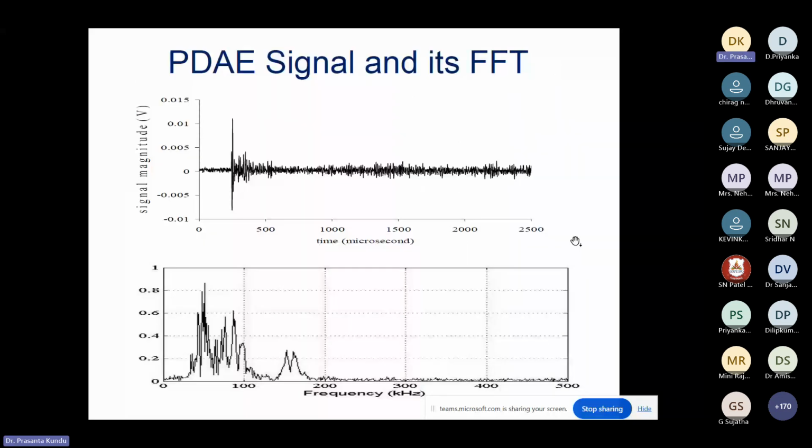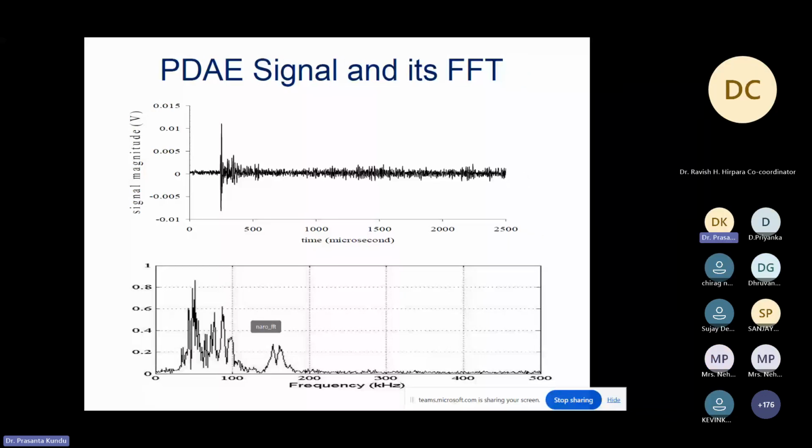So acoustic PD signals will look this way, with a high frequency wave. And if you do the Fourier transform of this, we're going to have around 50 kilohertz to 200 kilohertz zone. This depends on the type of partial discharge, on the locations, and on the field distributions of the sources. So this is one of the features for the classification of the partial discharges using the Fourier transform. The fast Fourier transform algorithm we can adapt to find out the frequency.